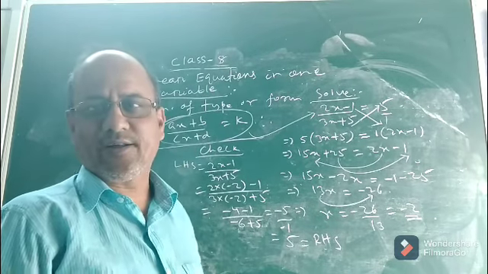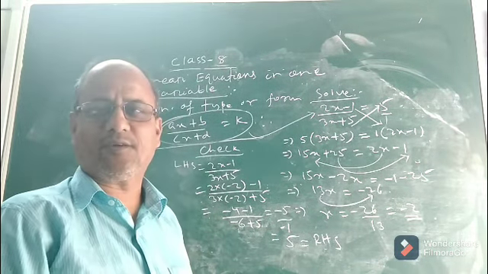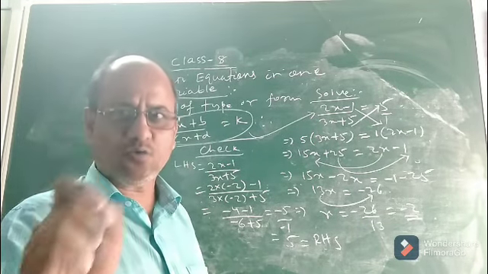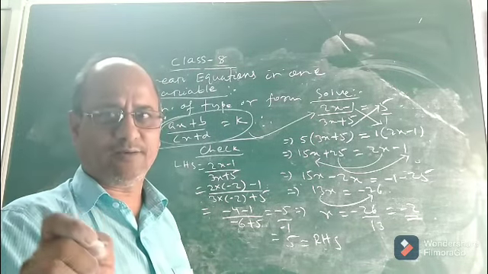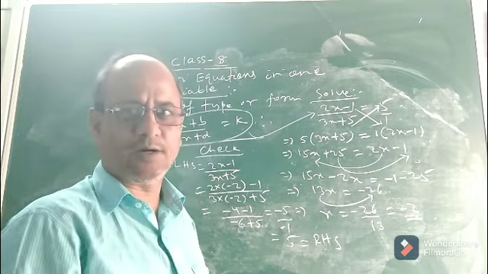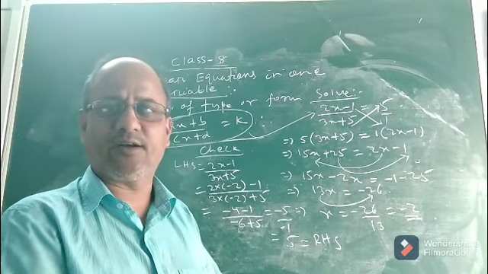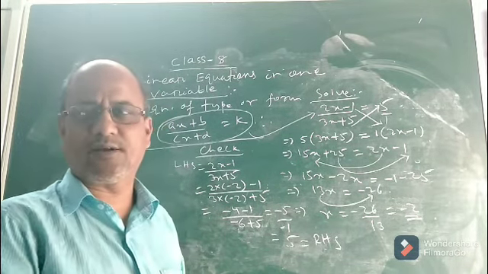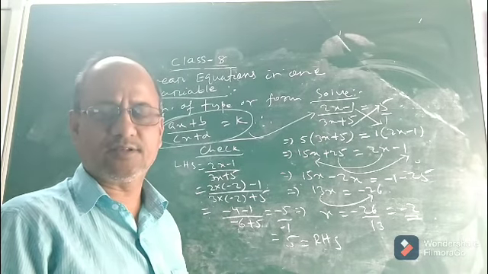This is all about linear equation in one variable. It is a very small chapter given in your book. We only have to understand how to solve a linear equation in one variable. You can follow any method, no problem. Transposition method, cross multiplication method, all those are related to one another. So this is all about linear equations, children. There is nothing more to discuss in this chapter.